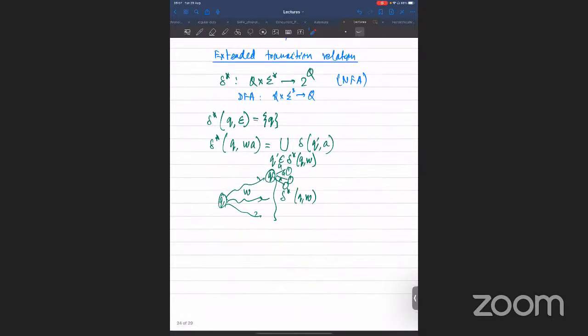Now let's see. Suppose this is my NFA. What is the language which is accepted? Can you tell me what is the language accepted by this NFA? It is the set of words W such that